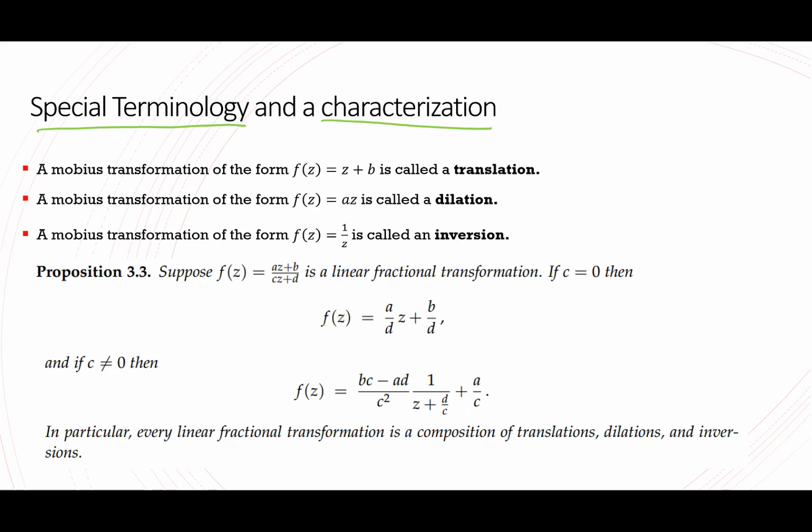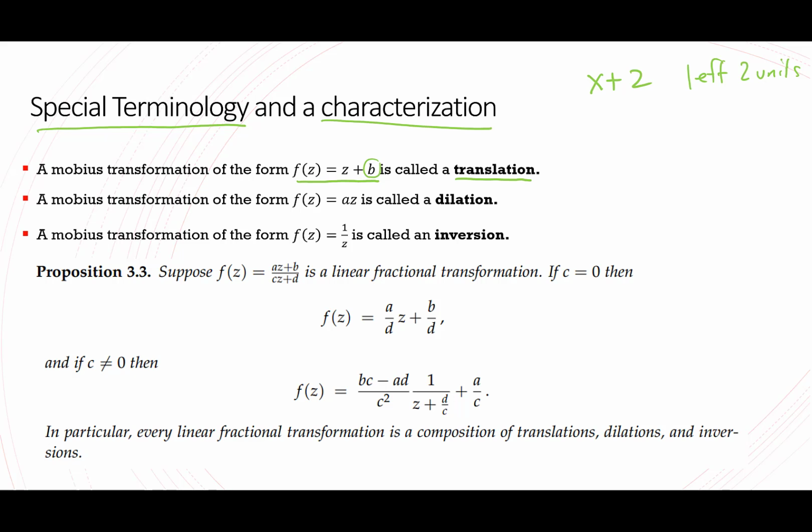So we say that a Mobius transformation z plus b is a translation. Okay, and this is the same idea back from pre-calculus. If you took your input and you added some value, let's say 2, this would be a horizontal shift to the left 2 units. Now it's not quite the same in complex land because b is a complex number, so it's not just a shift left or right, but it's the same idea though. If we take our input and we add a constant to it, it's just basically some kind of shift.